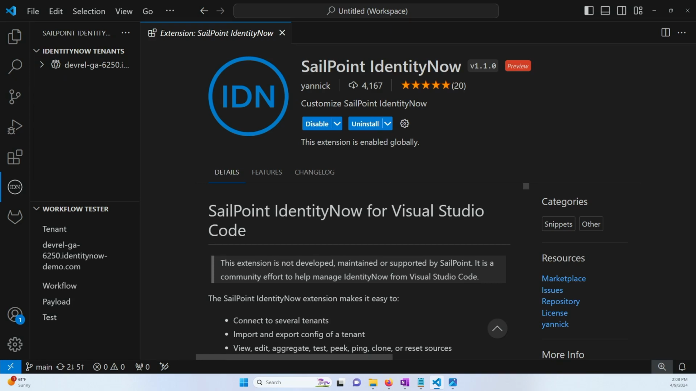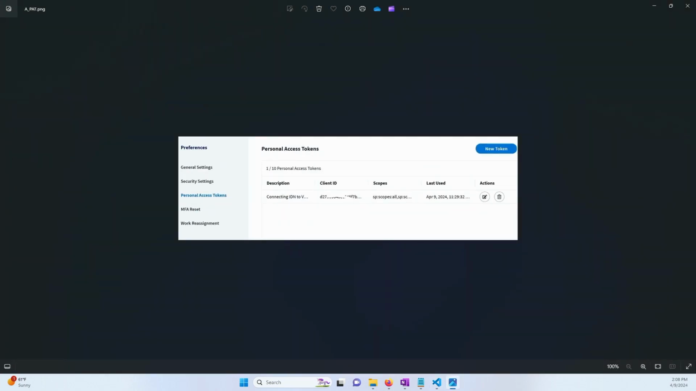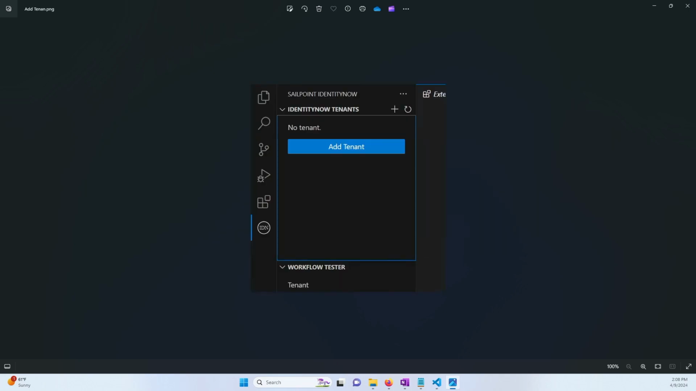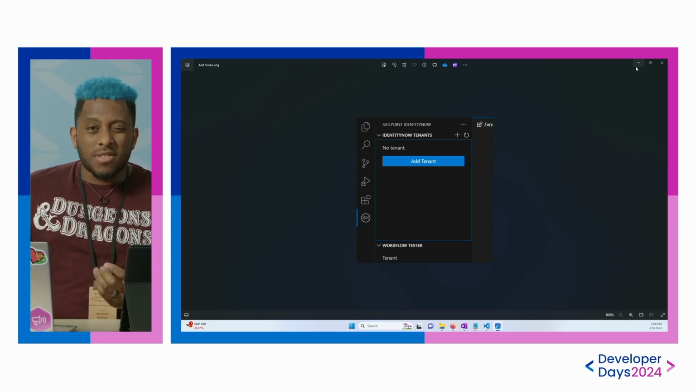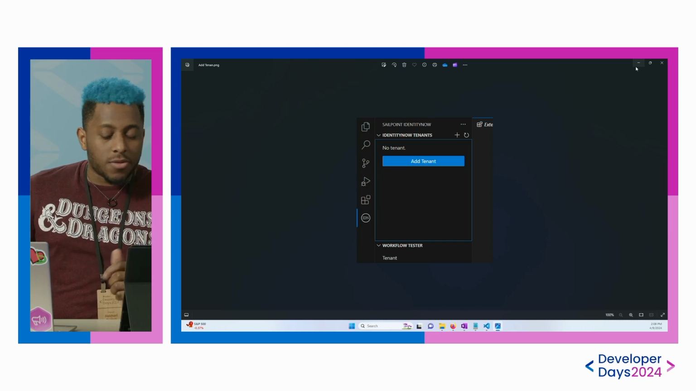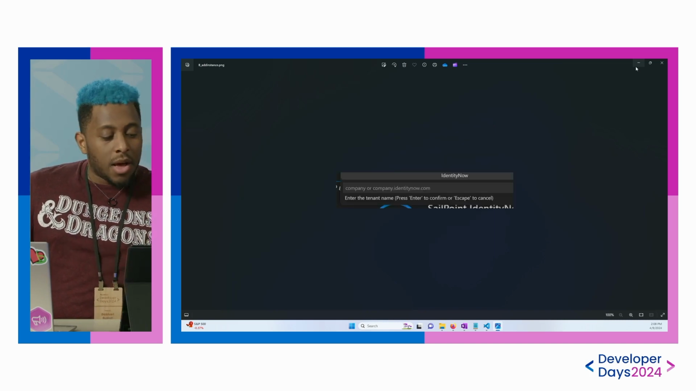So what that'll actually look like is this right here. So you'll have this where you'll have to add a tenant, and this is the screen that you'll see when you first get the IDN extension installed on VS Code. So then when you go to add a tenant, the things you're going to need are your tenant name, which is typically going to be your company name .SailPoint or IdentityNow.com. It'll be something like that. It's typically going to be your URL, the first part of your URL. So that's what you're going to click for adding your tenant. This is a good example up here,